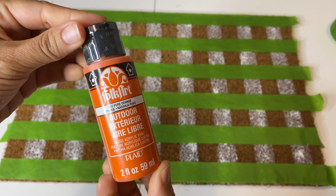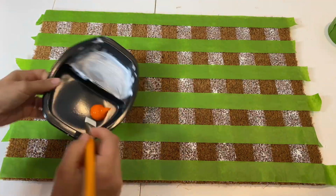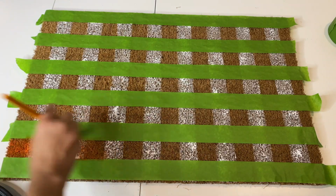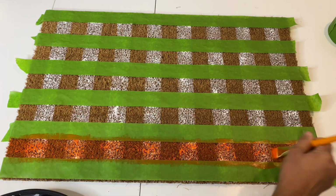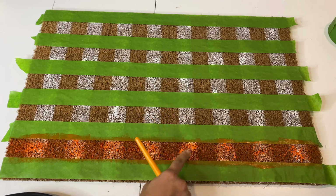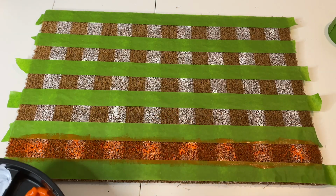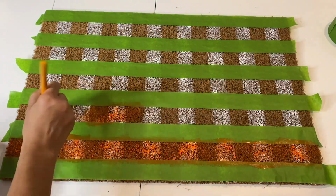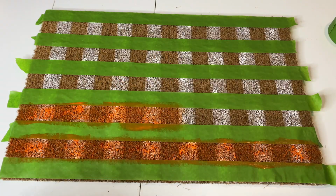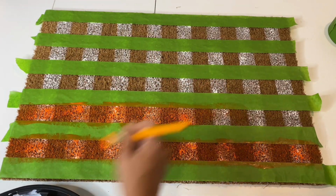Next, I used my outdoor FolkArt paint in the color orange to paint in the untaped areas in the same way that I did my first coat of paint. I was so happy to see how much the orange color popped over the white areas because I absolutely loved this color orange, and I was concerned that it might get lost in the natural color of the mat. But to my surprise, it worked out great, and I even added some thicker coats in different areas for added